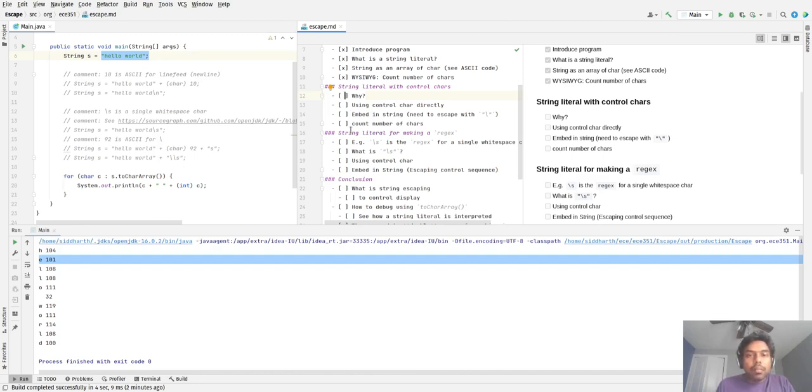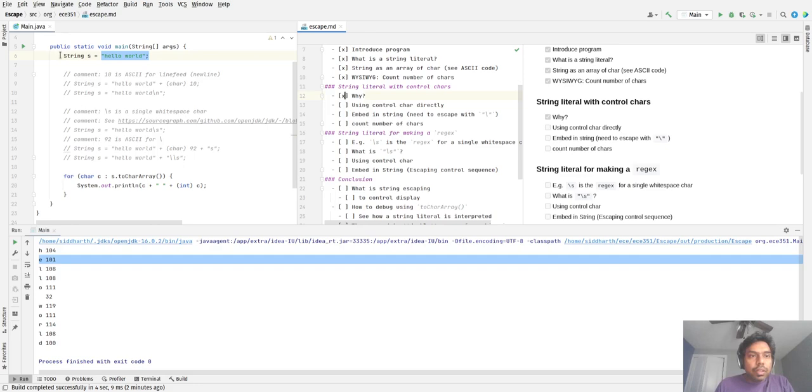So this is where control characters were invented, and they allow you to give special commands to the device which is interpreting or outputting the string, and it can format it as you wish.